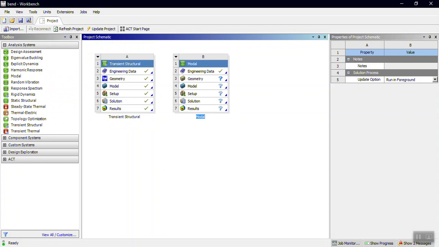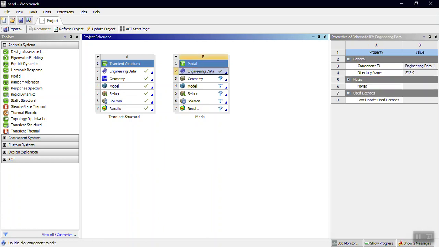Okay. Assume you need not open separate projects, but be careful. If it gets corrupted, everything will be corrupted. So you should be careful in that sense when you are creating multiple analysis systems in the same project. Okay. Now in the same workspace. Okay. So in this project, I am going to go with